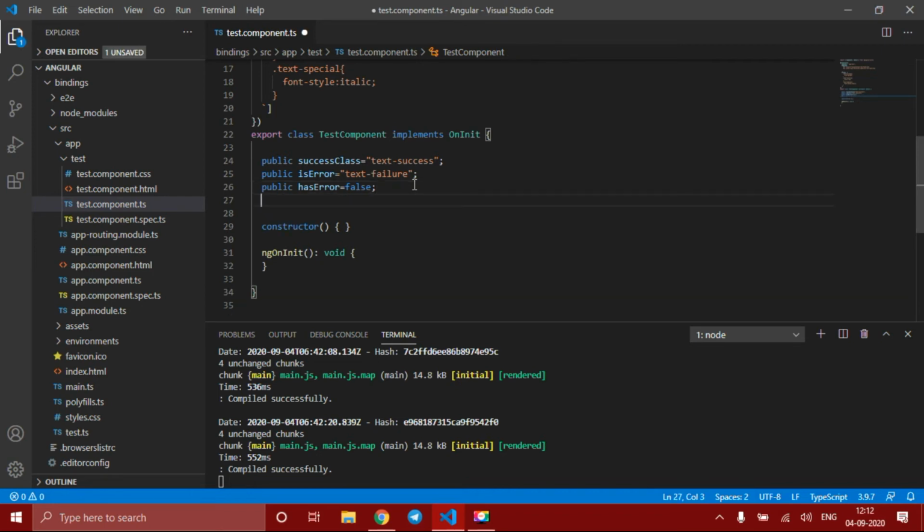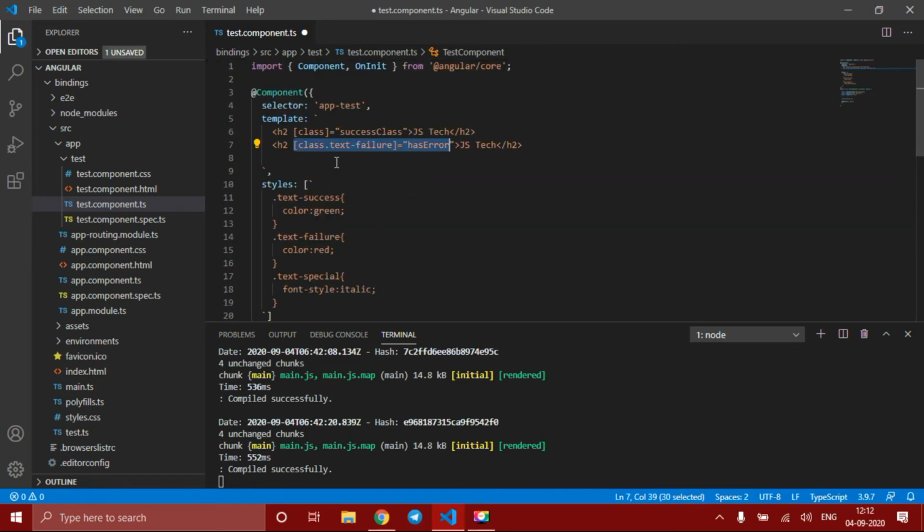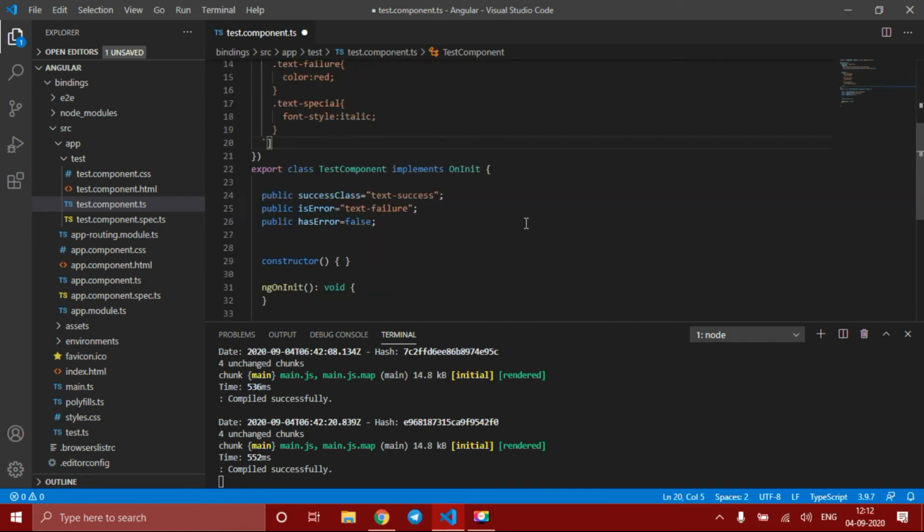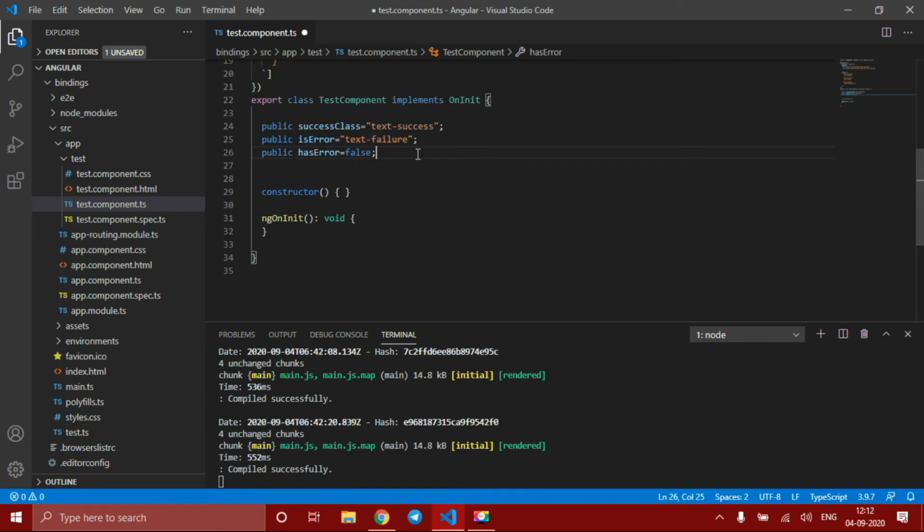Next, up to now, for a single tag we are giving a single class, but I want multiple classes to be applied to a single tag. For that we should create a property which holds multiple classes.